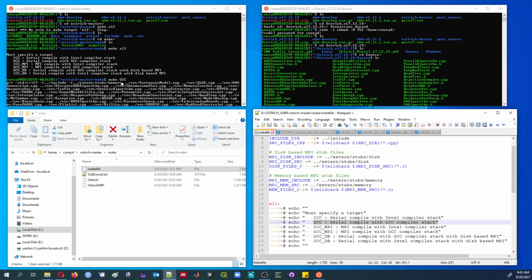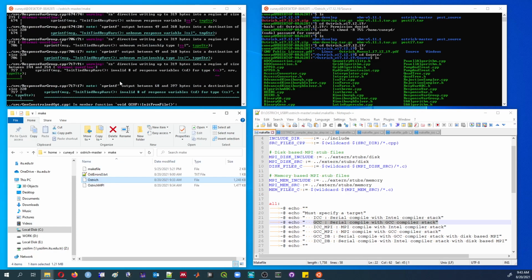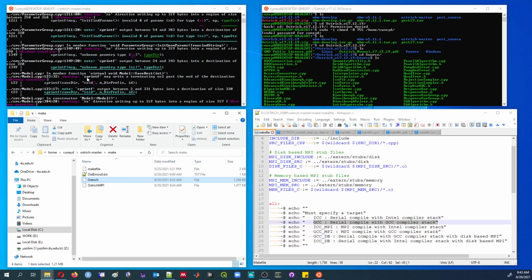Since I'm using the GCC compiler, I just say make GCC, and then it will create this Ostrich binary. There's no exe extension. Be careful with that. That's for Windows executables. This is a binary file,